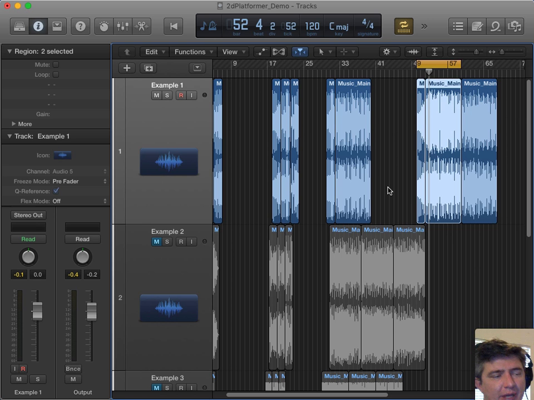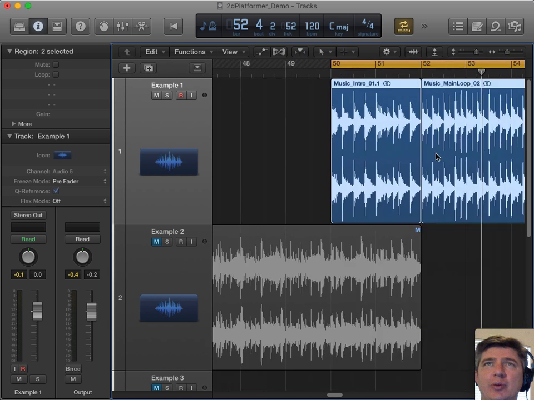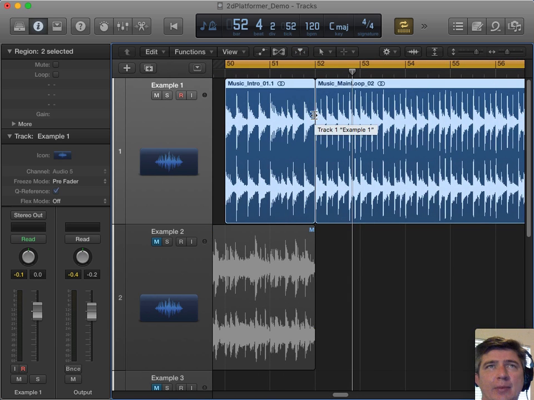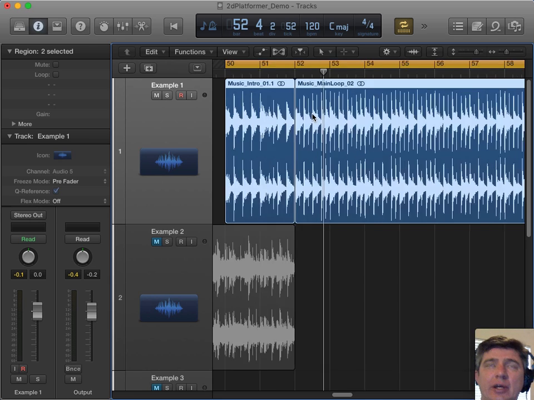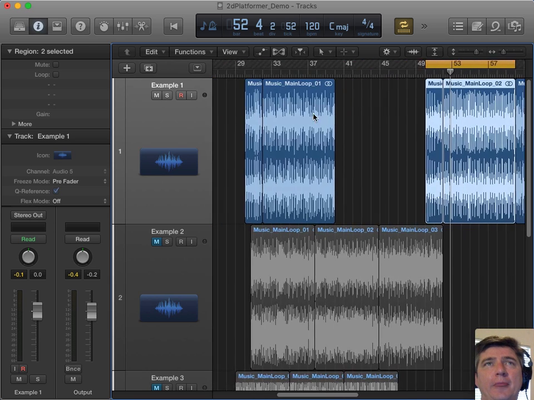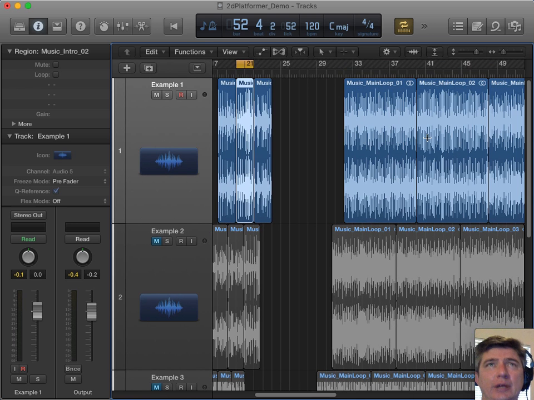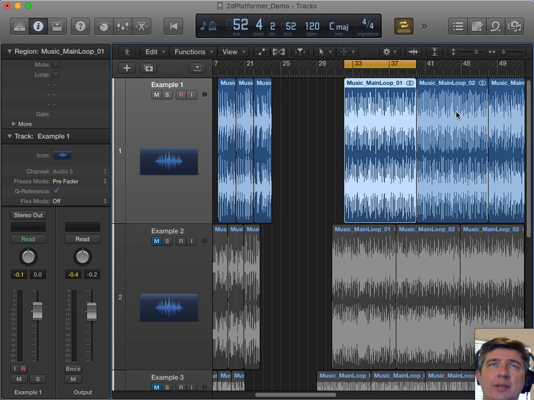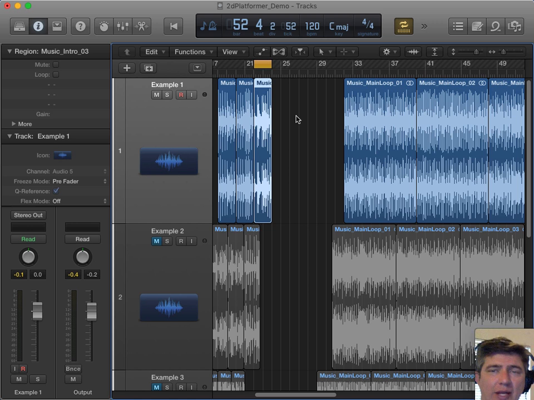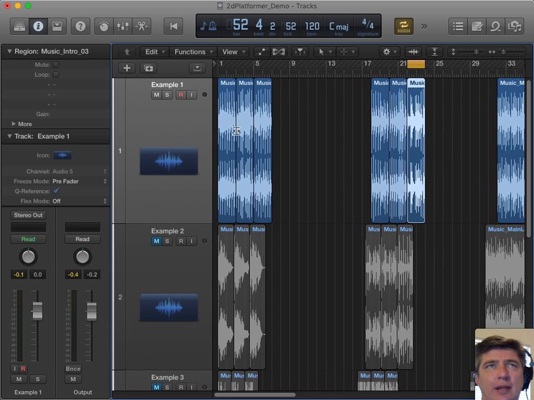You need to build up in volume and energy through the intros so that when it hits the main loop, you're basically at the same intensity level and volume going into there. You should have drums, bass, harmony, melody in your intros. You should use all of the instruments that you're going to be using in the main loops through these intros so that it creates that sense of anticipation heading into the main loops.